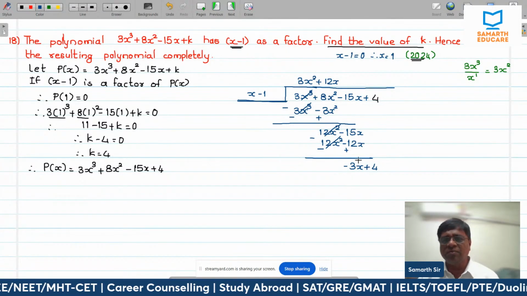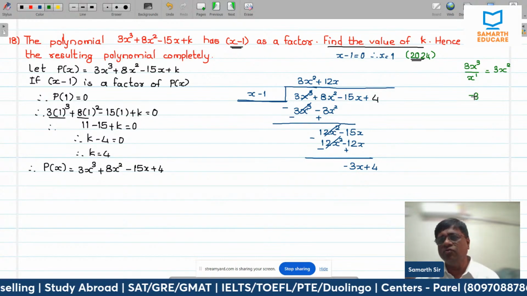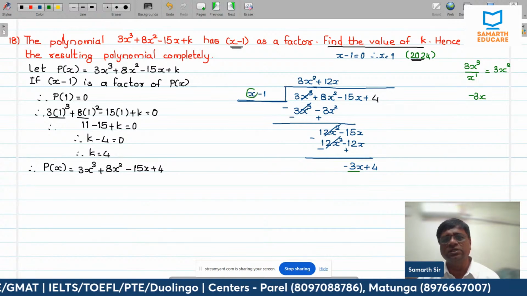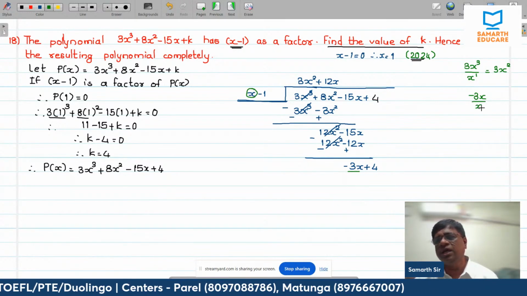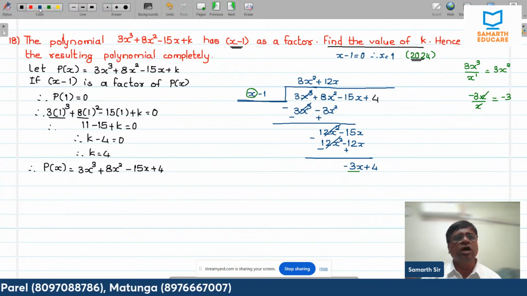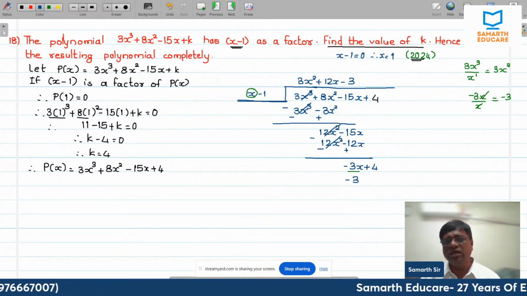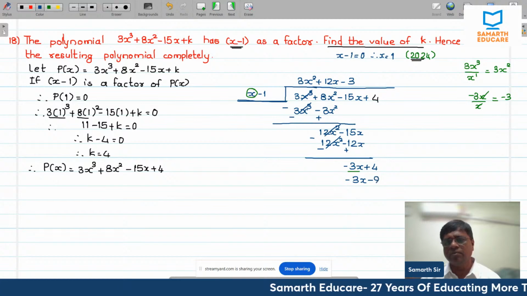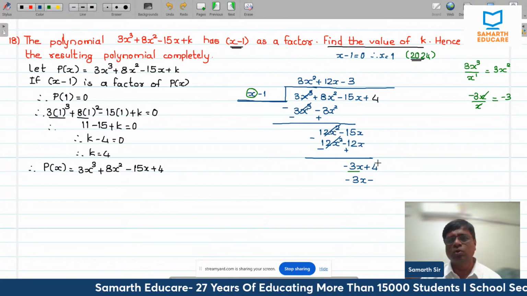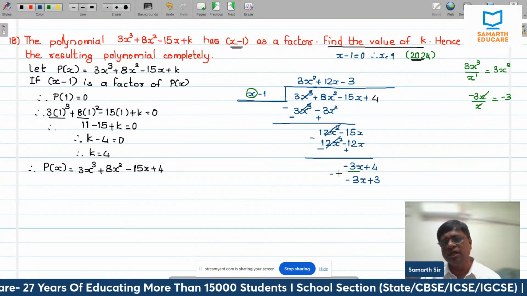I will have to multiply by minus 3. Where will minus 3 come from? Minus 3x I want. Here I need minus 3x and I have x. So I will have to divide by x. So this becomes minus 3. So I will have to multiply by minus 3. So minus 3x and minus 3 into minus 1 is plus 3. If I subtract this,